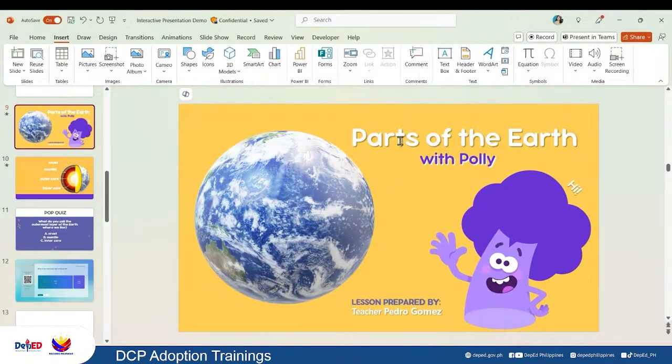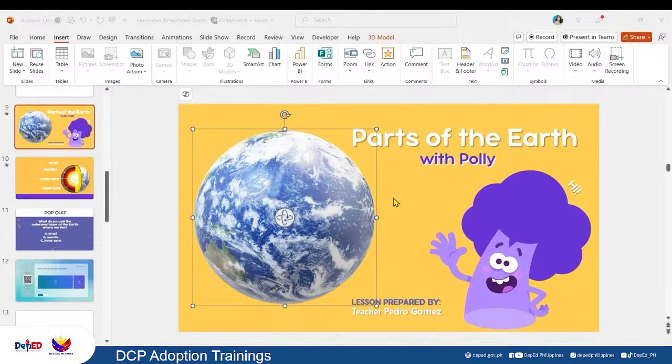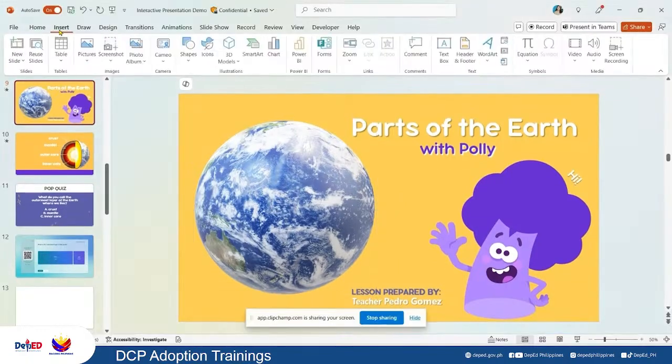Alam nyo teachers, napakasimple lang po ng mga steps na ginawa ko. So for example, you already have here a slide and you know your topic. We can explore and insert different icons sa inyong slide. So for this example, ang ginamit ko po ay 3D models and you can find it here. So you have the insert tab, click 3D models,